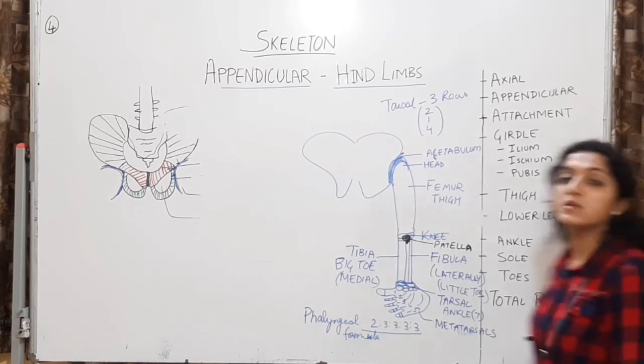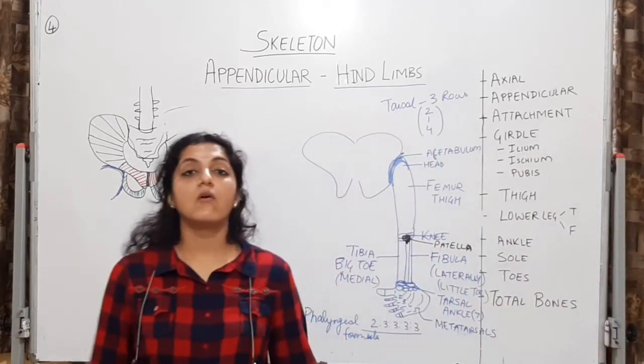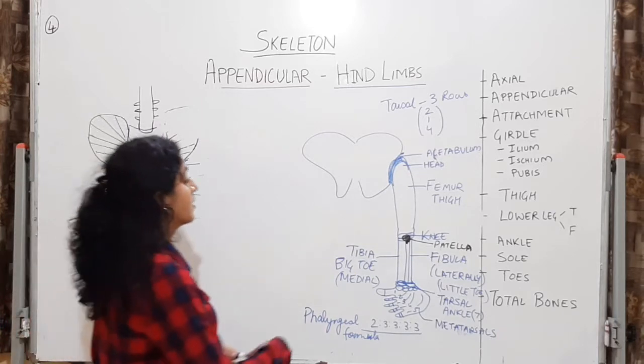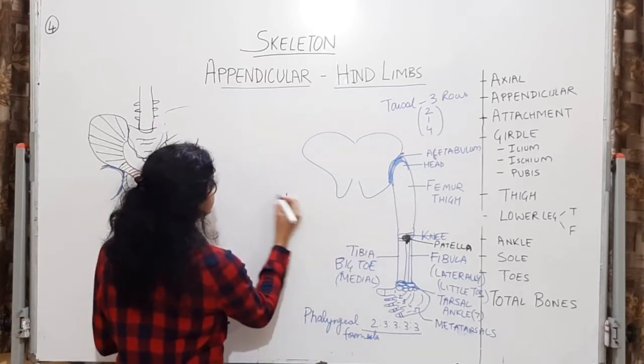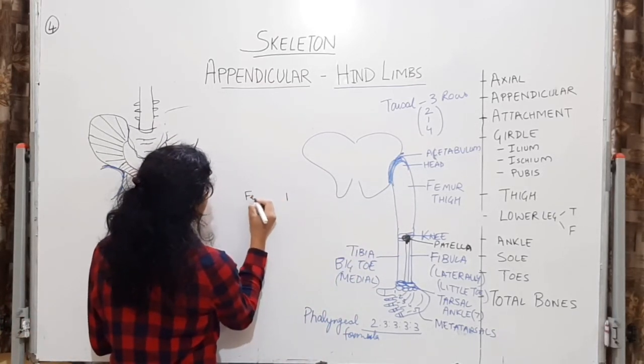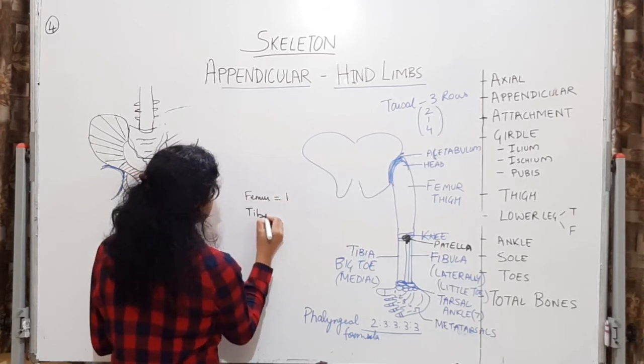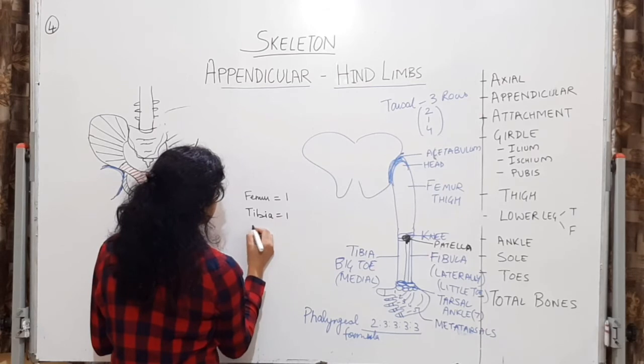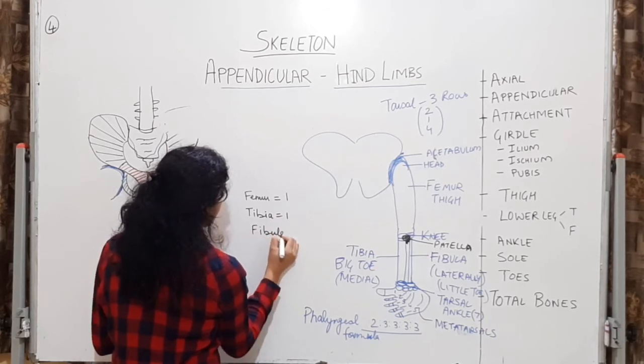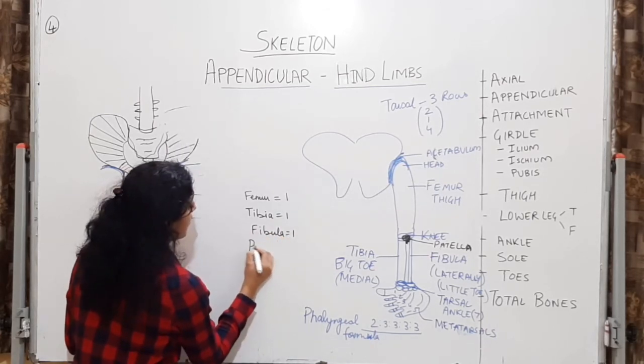So let us count the bones of the lower limb now, of the leg. Okay, 1 femur, 1 tibia, 1 fibula, 1 patella,